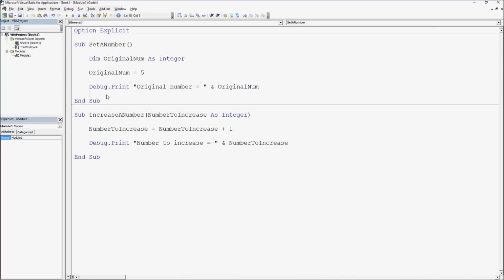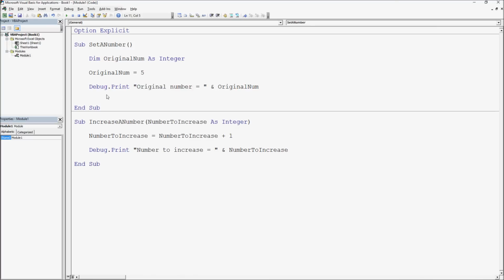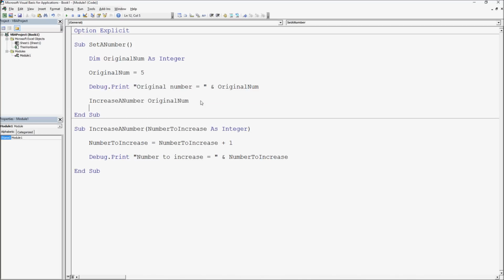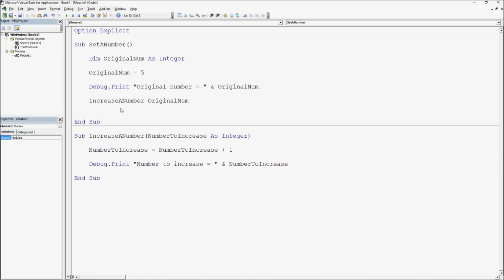So let's head back up to subroutine number 1, and we can write a call to this simply by saying increase a number. And if I type in a space after that, we'll see a lovely little tooltip pops up showing me I've got to pass a value into it. So the value I'm going to pass in is going to be my original number, or original num in fact. And then the final step is to print out the value of original number. So let's copy and paste the debug.print statement from before the call to the procedure,